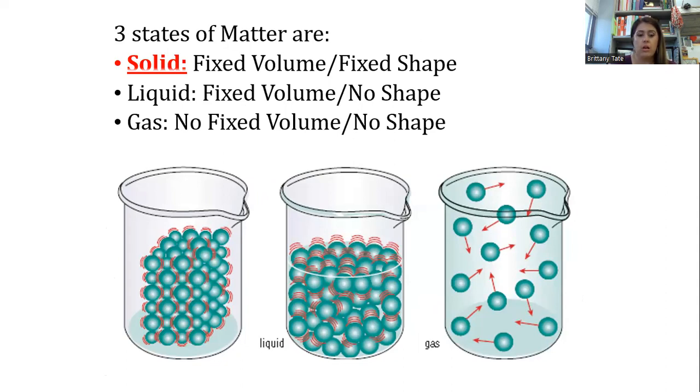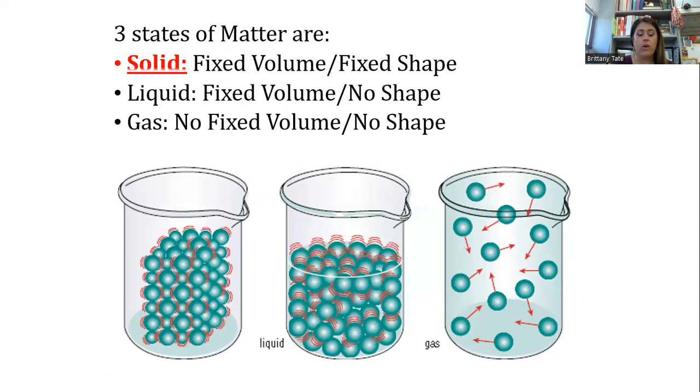So if you remember the song, oh, a solid keeps its size and its shape, and a liquid keeps its size but not its shape. But the one that's not the same has 3 letters in its name. Oh, a gas doesn't keep its size nor its shape. That's what this is showing us.